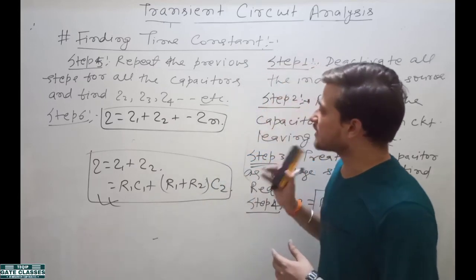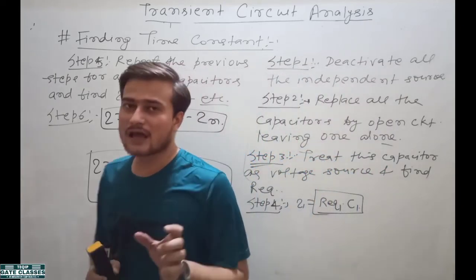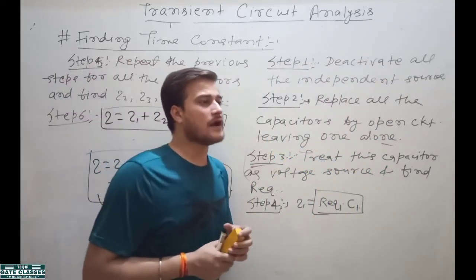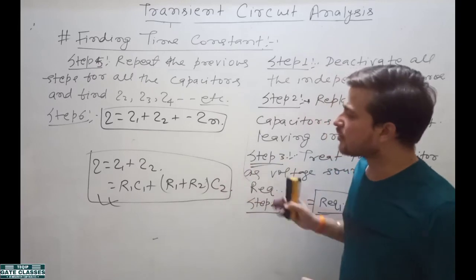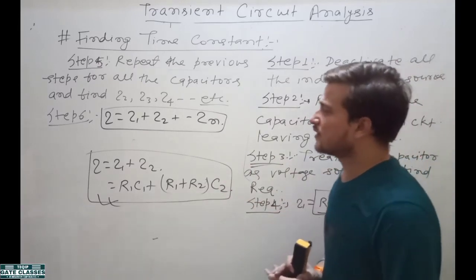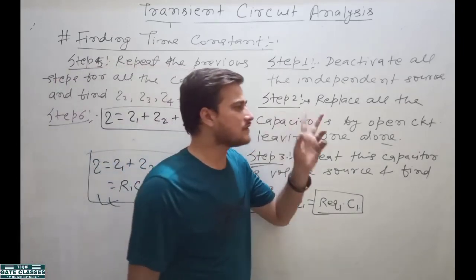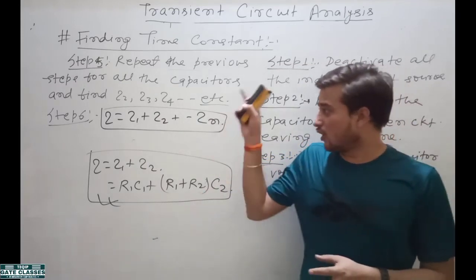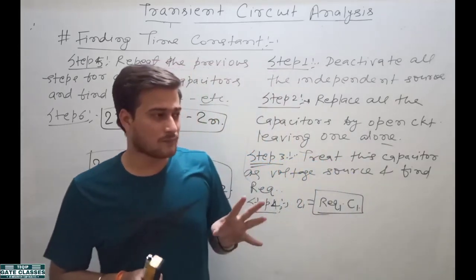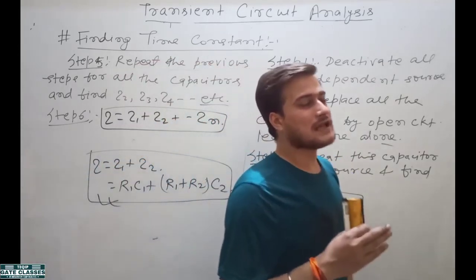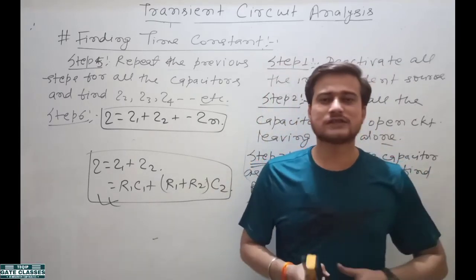That's why when I was explaining how to find equivalent resistance, at that time I had written that the method of finding equivalent resistance will also be helpful in transient circuit analysis, because here you have to find the time constant like this one. Clear? So next we have to write for inductor. For inductor you have to make only one change. All the steps will be the same. But in the case of inductor, you will have to replace by short circuit. You replace capacitor by open circuit for finding time constant, and you replace inductor by short circuit for finding time constant.